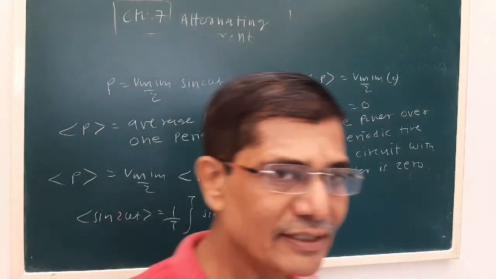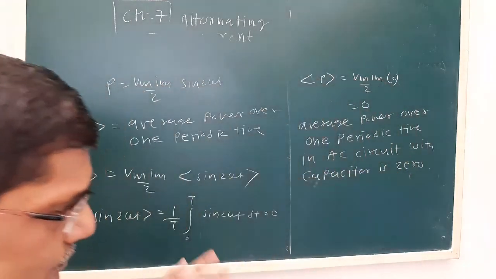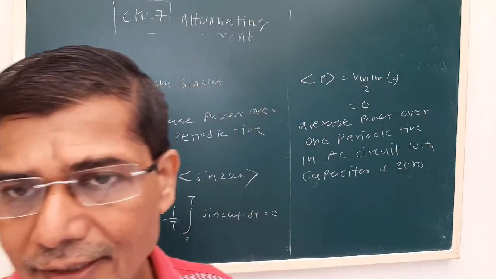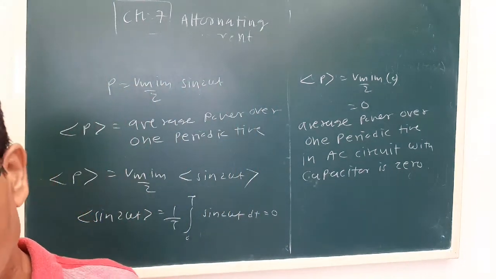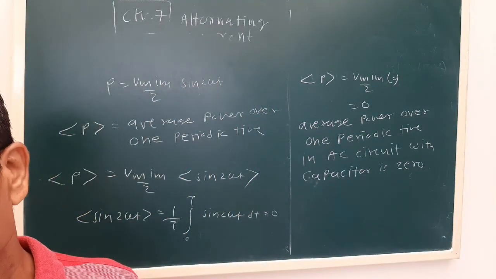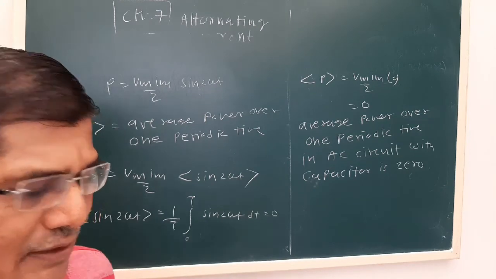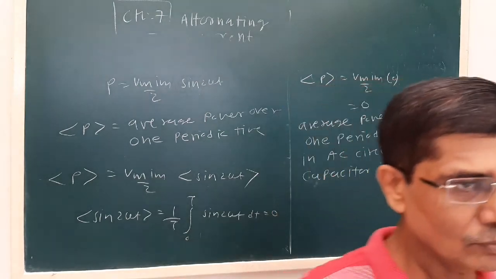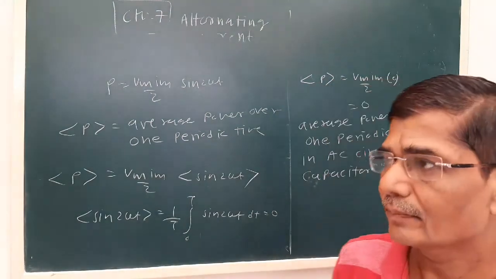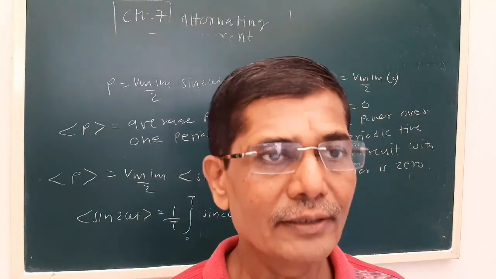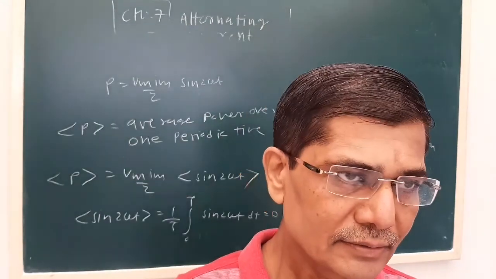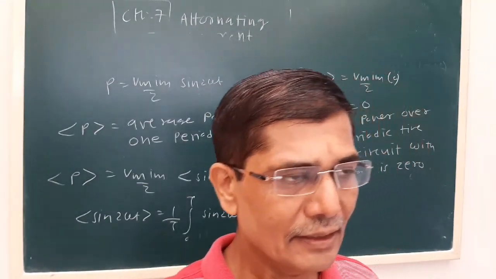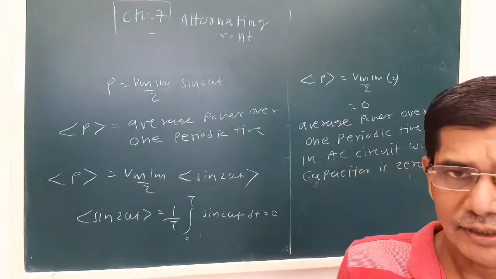Now see, today we started this lesson number 7. The alternating current's value is continuously changing. Now we have discussed 3 points. First, current and the power in an AC circuit with only a resistor; current and power in an AC circuit with only an inductor; and current and the power in an AC circuit with only a capacitor.